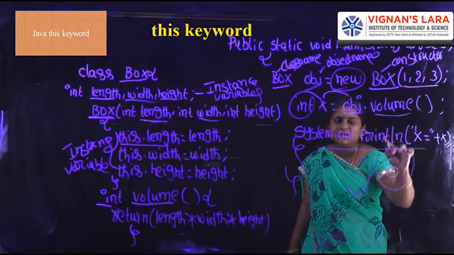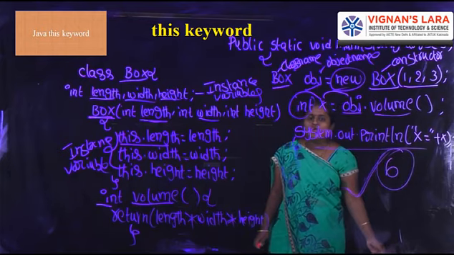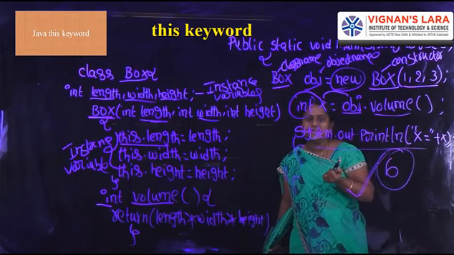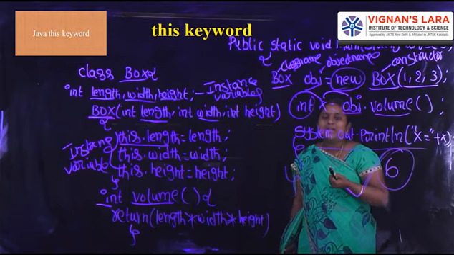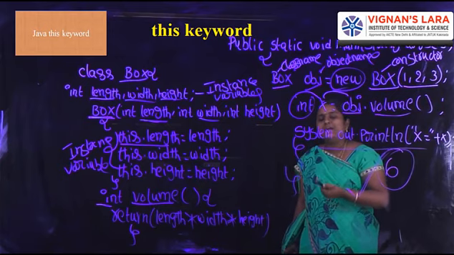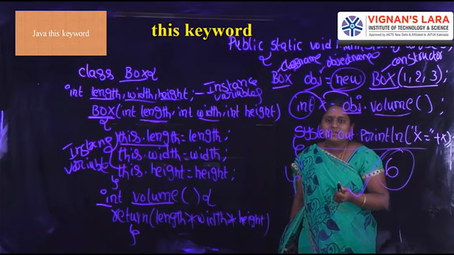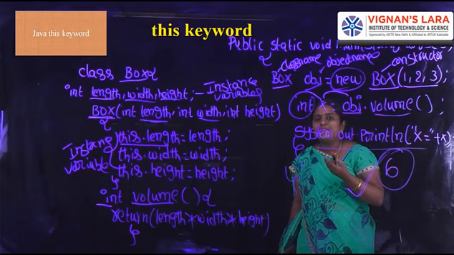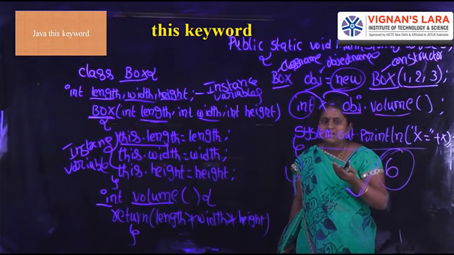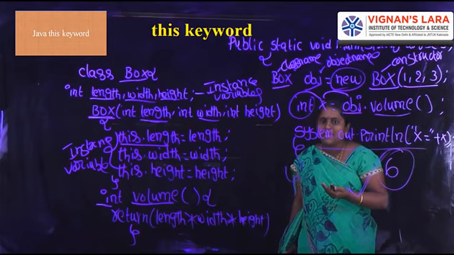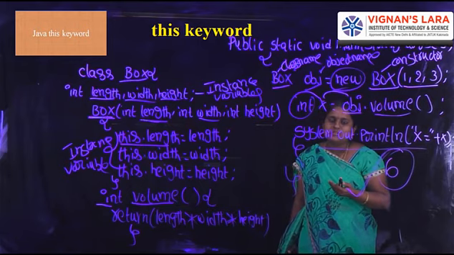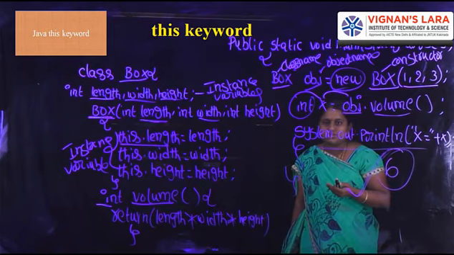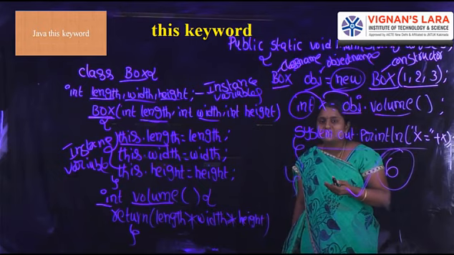So what is our concept here? The this keyword. The this keyword represents instance variables of the current object. It can be used inside any method and inside any constructor. When the instance variable and local variable share the common name, with the help of the this keyword we can differentiate them and remove the ambiguity, the confusion of the Java compiler about what is the instance variable and what is the local variable.